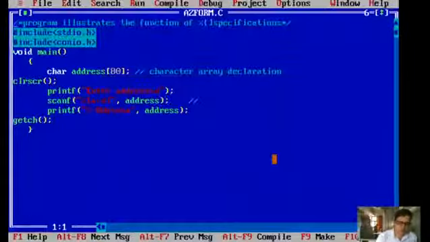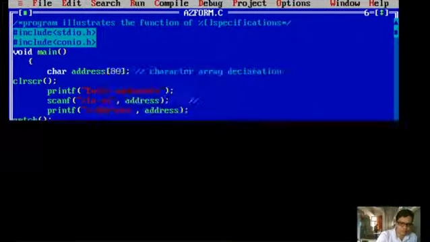Let me try. Yes, it is giving only st. Why? Because it consists of a special symbol. Whenever it reaches the special symbol, it skips the entire string. Once again, I'm running the same program, now giving spaces: St space Mary's space College space Shirva space 574116. Now let me check what will happen.